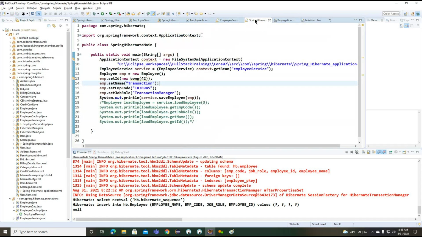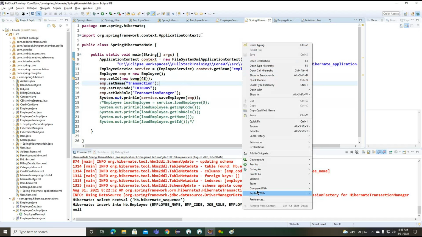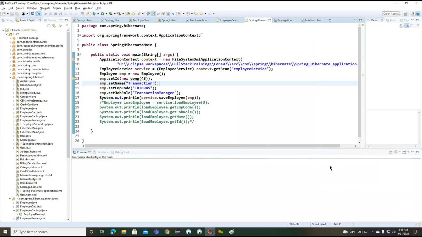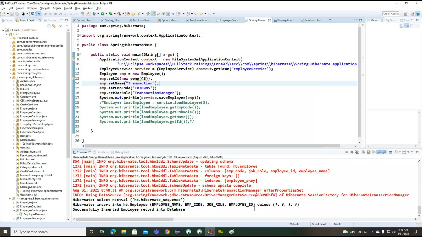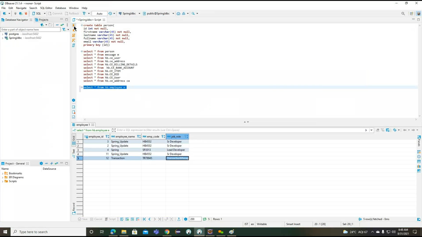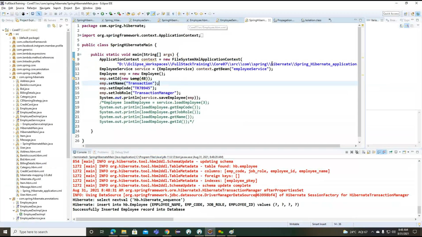Okay. With some 48, we want to insert the data. Now you can see with 48 also the data is inserted. Sorry, oh, we changed the schema here. But now what we can do, we'll change the information here.